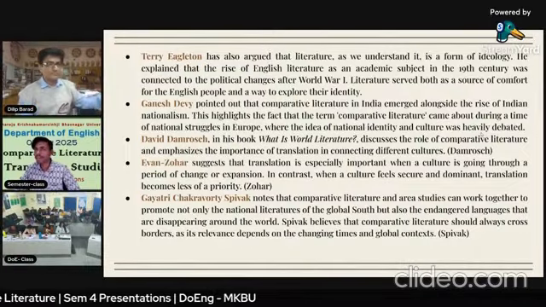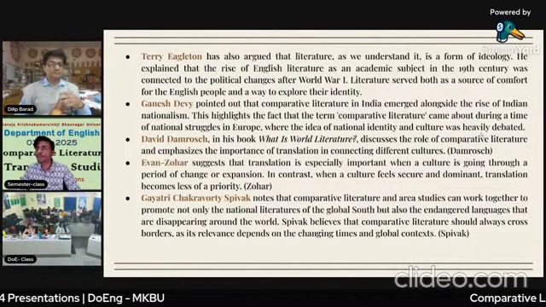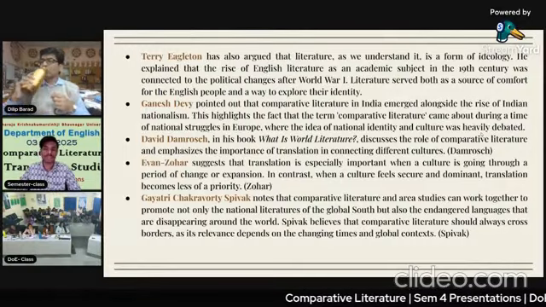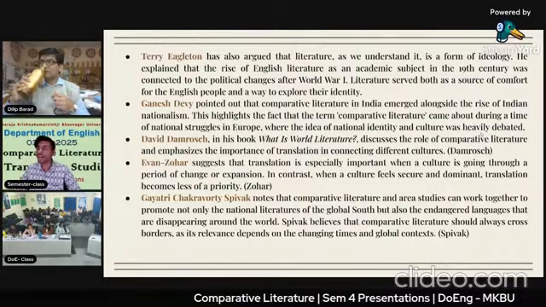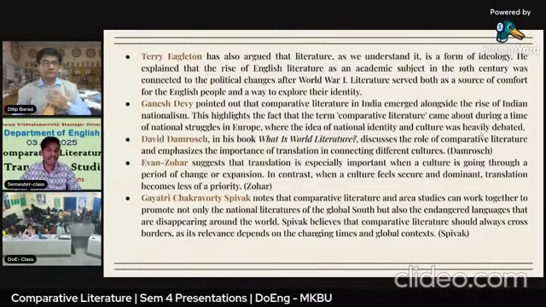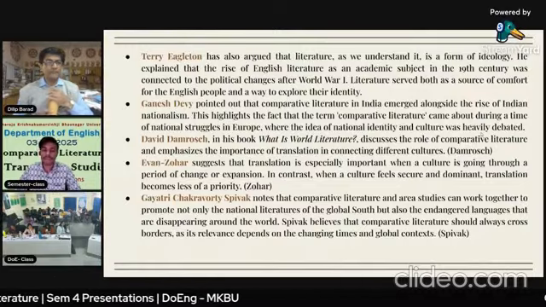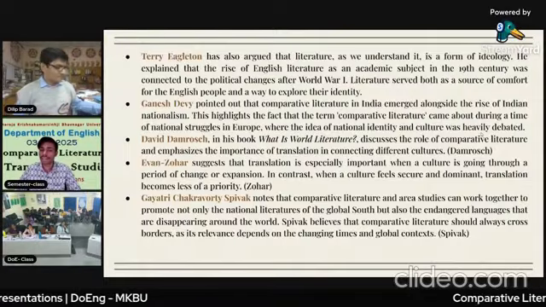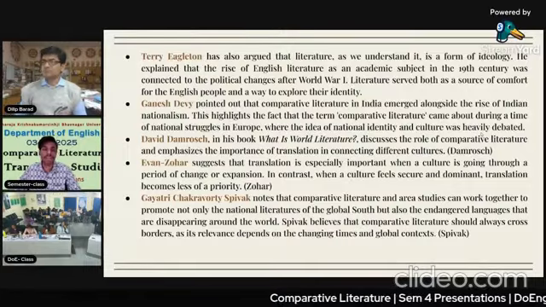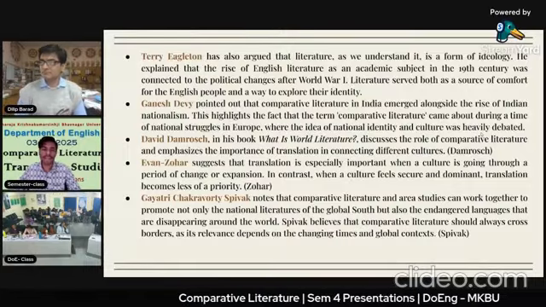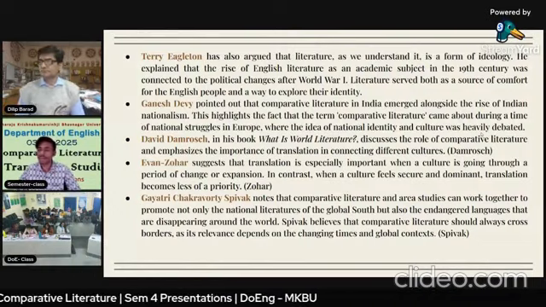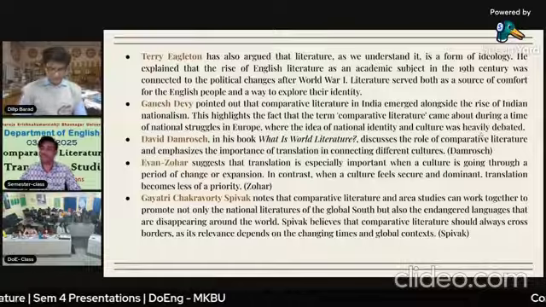So we can find out about the European people, as I mentioned in the article, how their subject was defined in terms of their identity. Another one is Ganesh Devi, who pointed out that comparative literature in India emerged alongside the rise of Indian nationalism. It also highlights the fact that the term comparative literature came about during a time of national struggle in Europe.